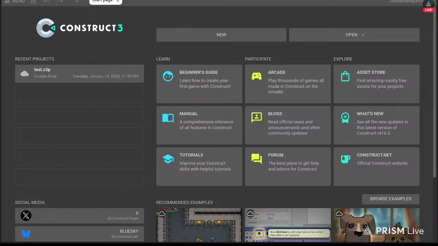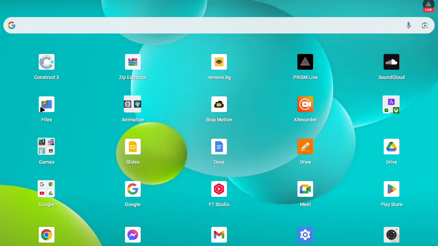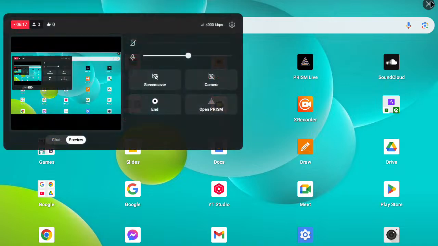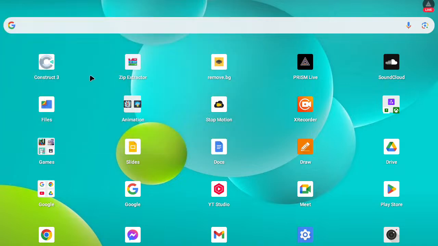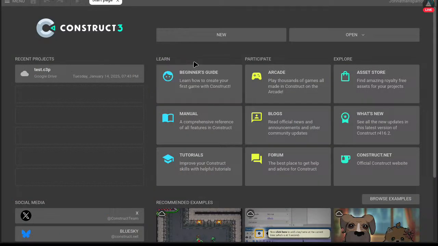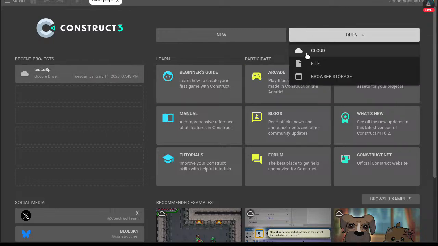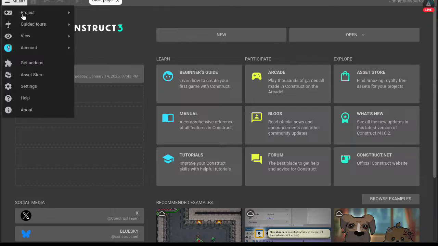Oh, and one good feature about this, the file doesn't really save on my tablet. It saves on the cloud. I mean, you can choose file storage and all that, and set it.